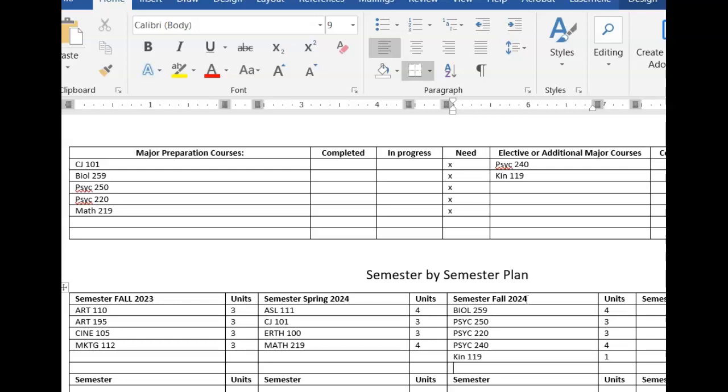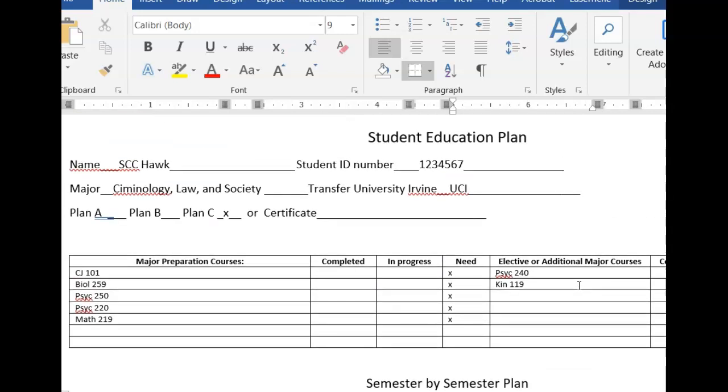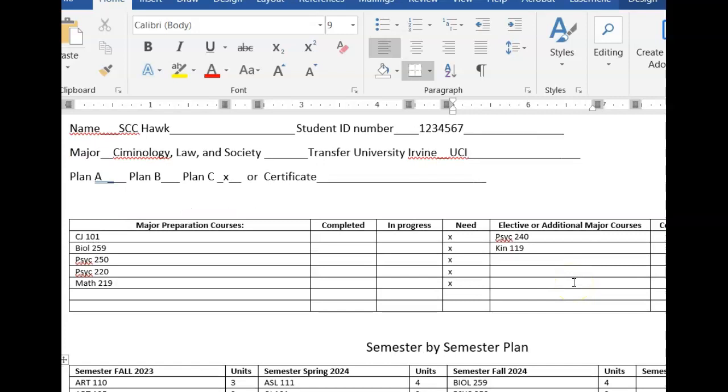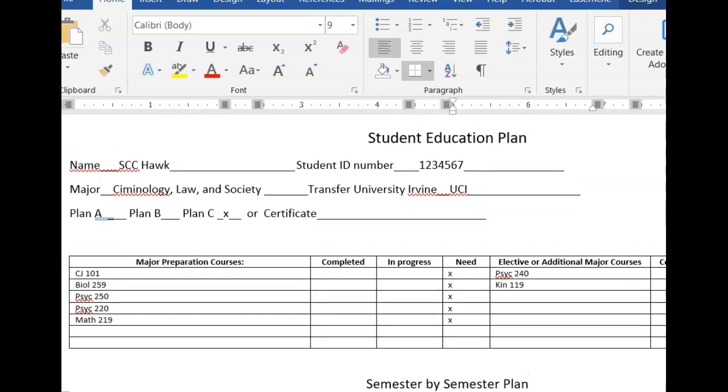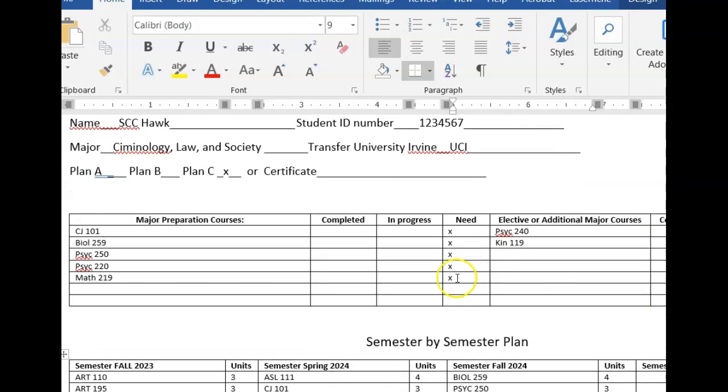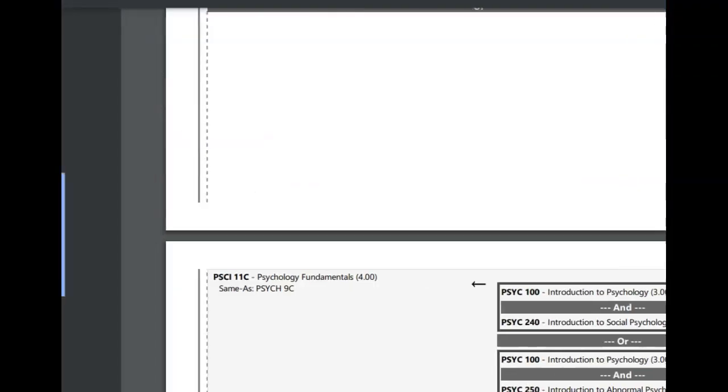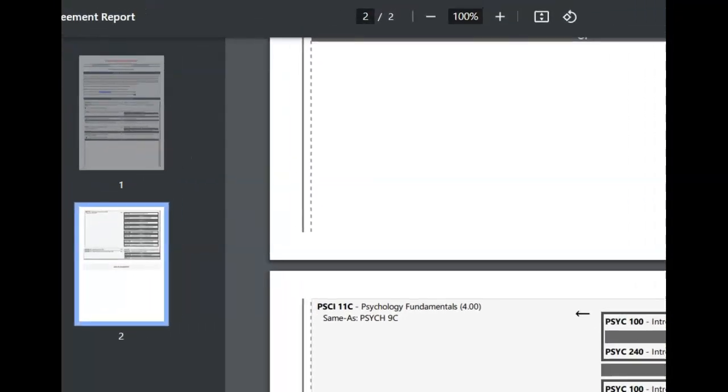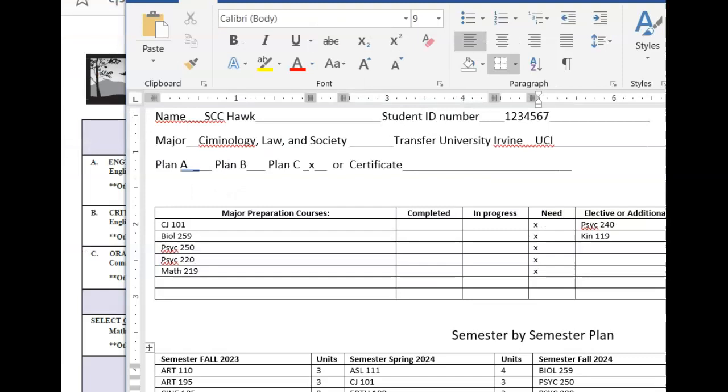And so this is what the worksheet looks like, and this is what I'm needing you to complete. If you already have an ed plan that's done by a counselor, you can definitely turn that in for full credit because the counselor did that for you. However, in order to get full credit for this assignment, I do need you to make sure that you not only